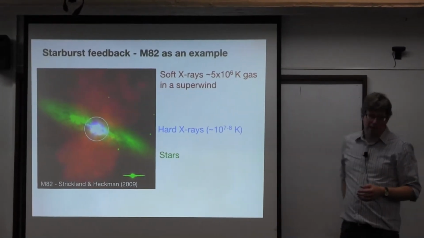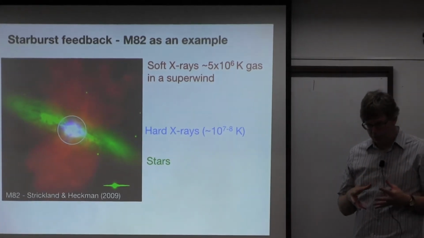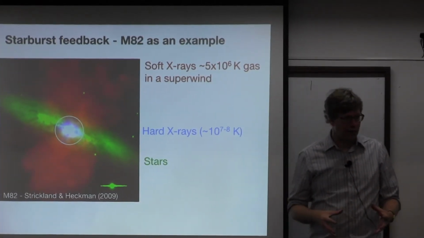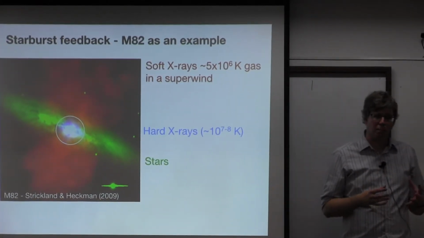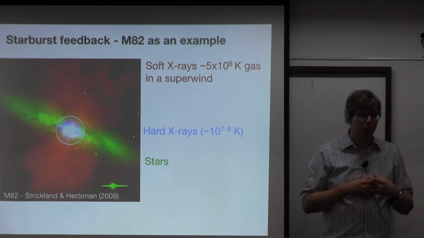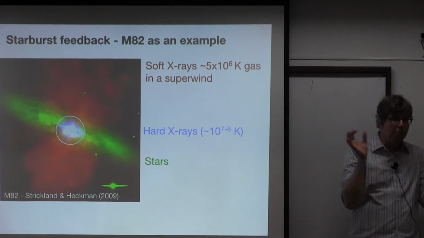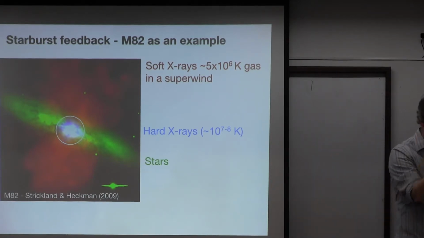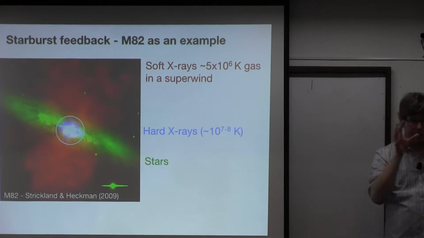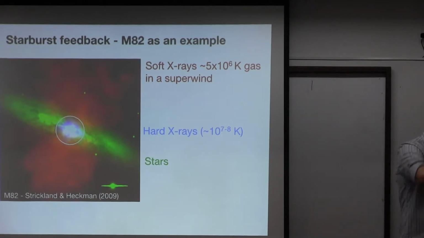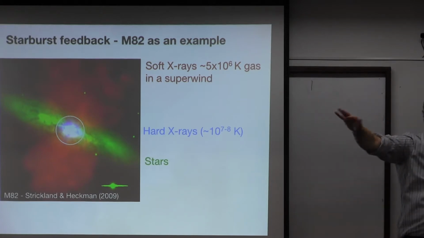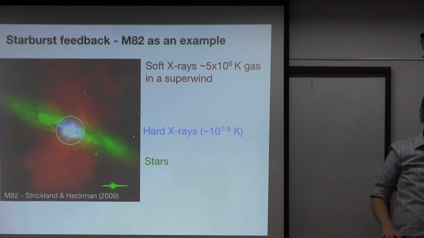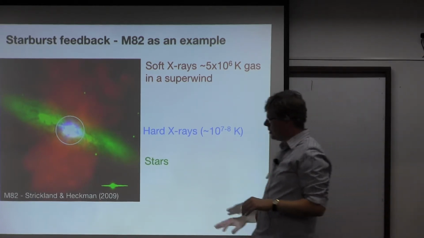Now, what we think is happening is that you form lots of massive stars in a galaxy. Those stars explode, and they give off a wind, or they interact with their surroundings. So the idea is you push all that energy out from supernovae, you put it into gas, and that gas will be pushed away or heated up, pushed out of the galaxy. And this is actually what we can